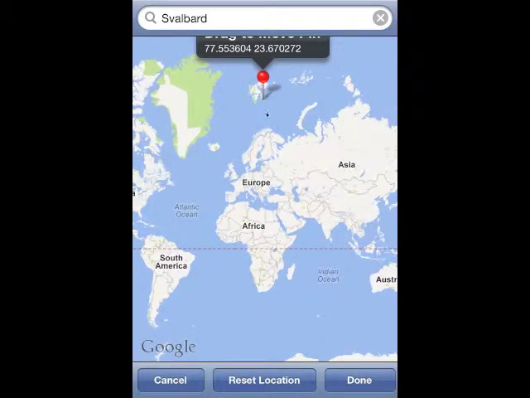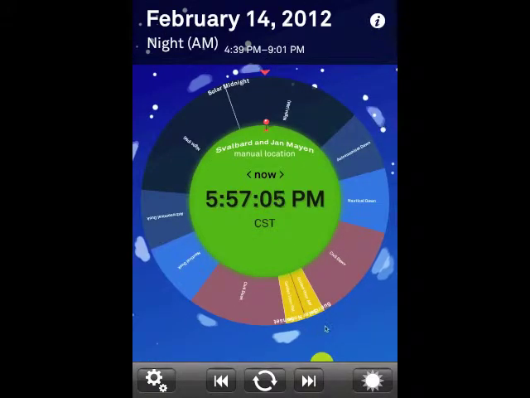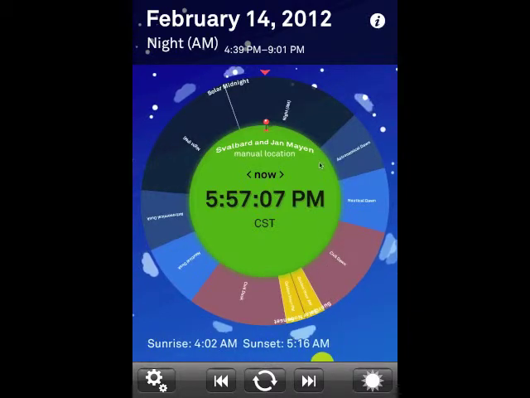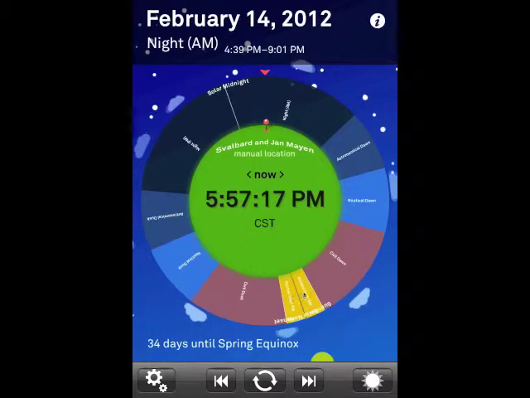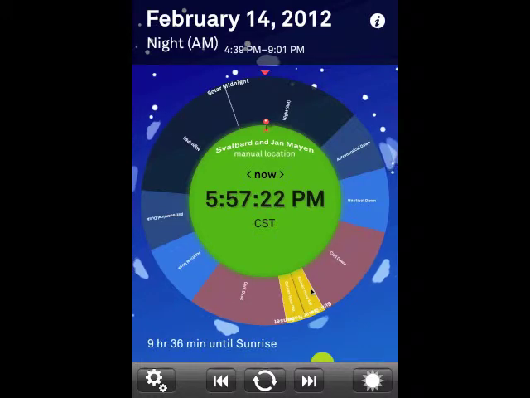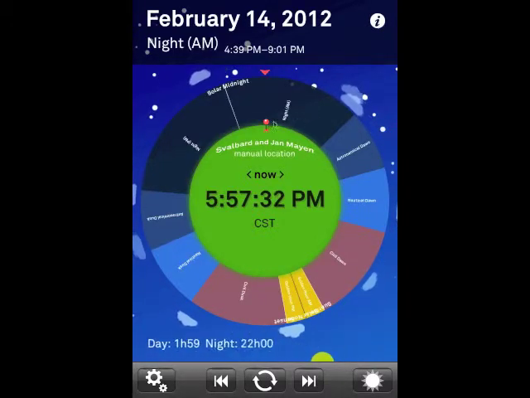So this is a much more extreme daylight situation. So you can see here, and again we'll zoom out by double tapping on the Earth, that they have a lot more night, and the dusk periods are very long, and there is no full daylight time. Golden hour is as close as it gets to, I guess that is daylight time, but it's still a little bit dim. And then we can go back to the map,